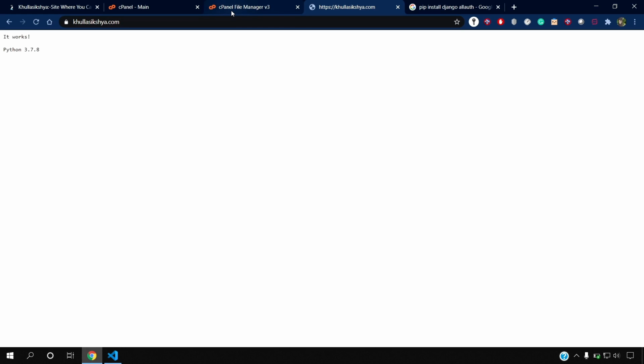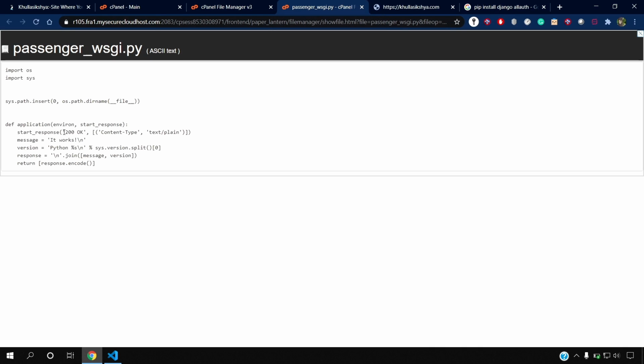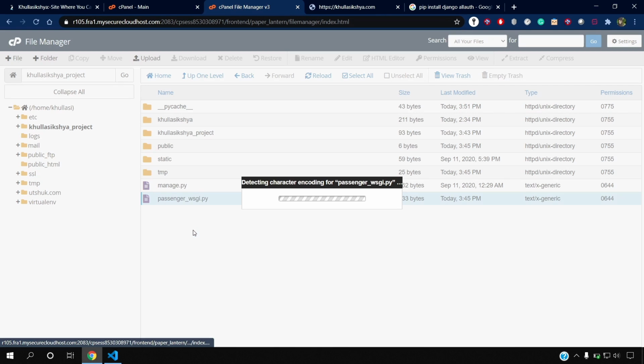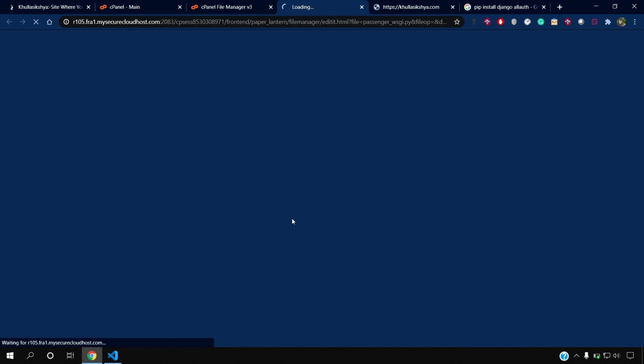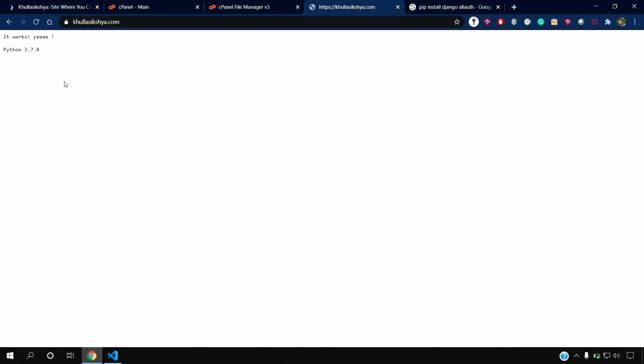This is coming from this file, passenger WSGI. You can see it says 'It works' with Python and this version. If we change this, let's edit the application. So it works now. I'll do this, save changes. Now you can see it's working.